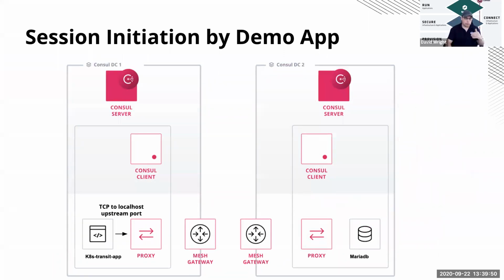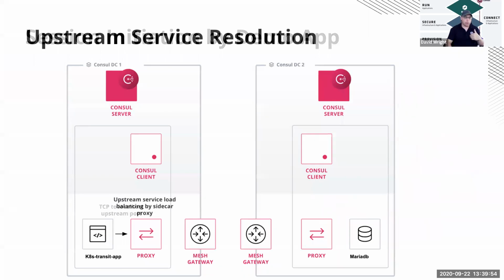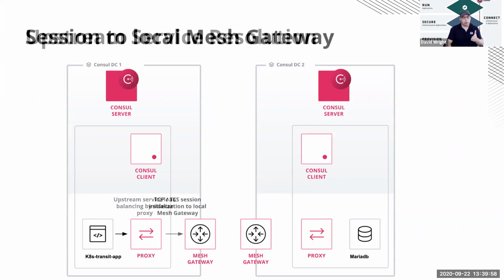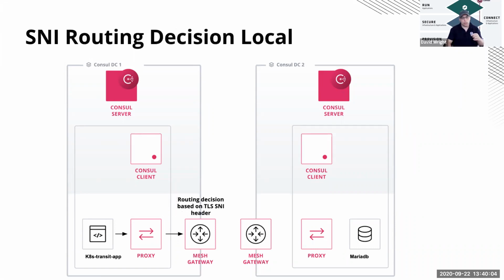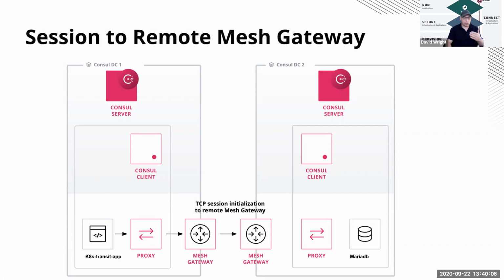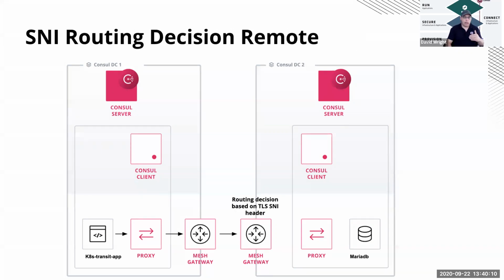our application will make a call to its local proxy point. From that local point, it will then make a sidecar call into our mesh gateway, and that establishes our TCP and TLS session. Our local gateway then looks up where it needs to go, talks to the mesh gateway that corresponds to that, and then our